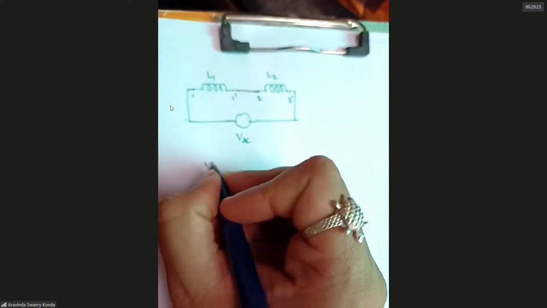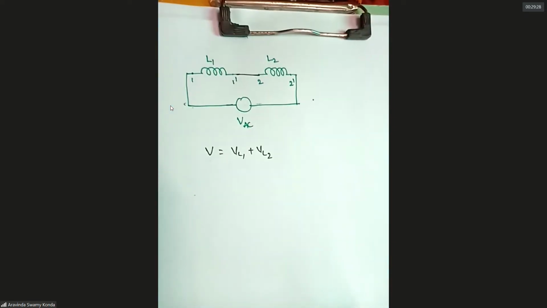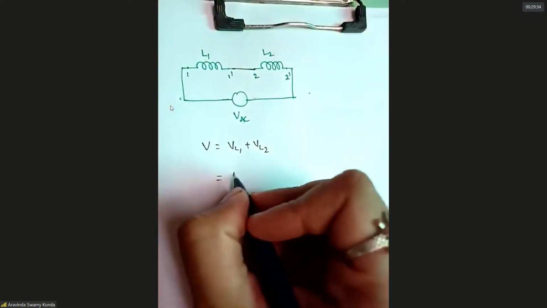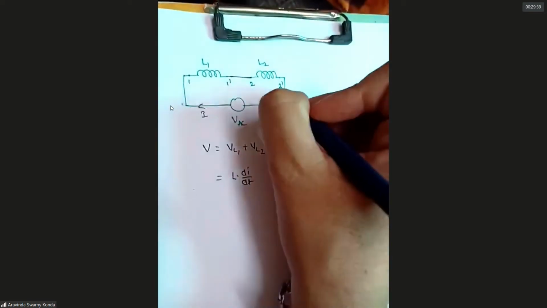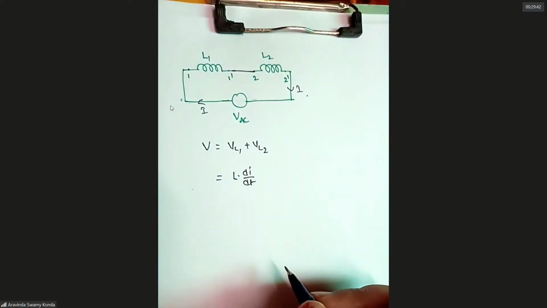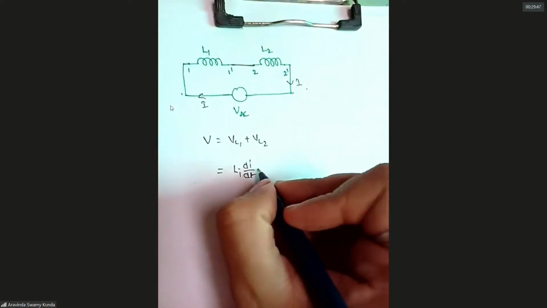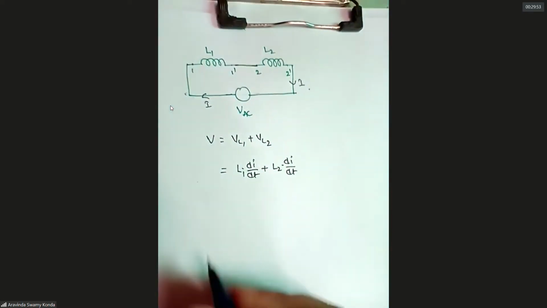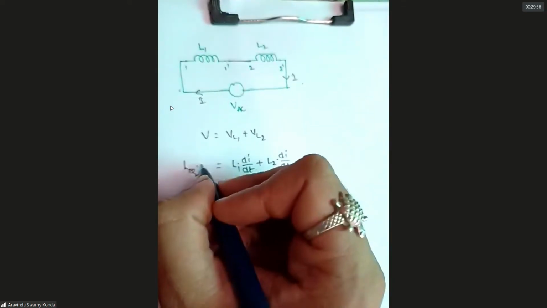Then the same thing is going on here also. What is the total voltage? It is the sum of the drops across the inductors. So what is VL, the voltage drop across the inductor? L into di by dt. The same current flows in L1 and L2. So VL1 is L1 into di by dt plus VL2 is L2 into di by dt. So the total voltage, in terms of total inductance, is total inductance into di by dt. Am I right or wrong?